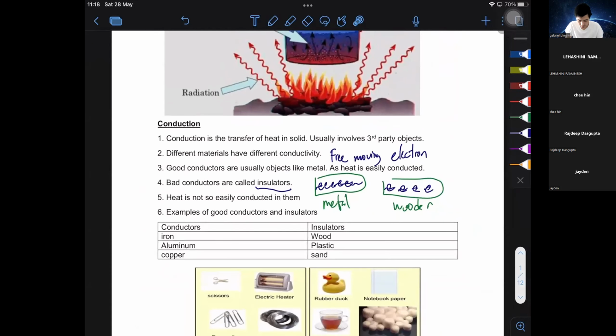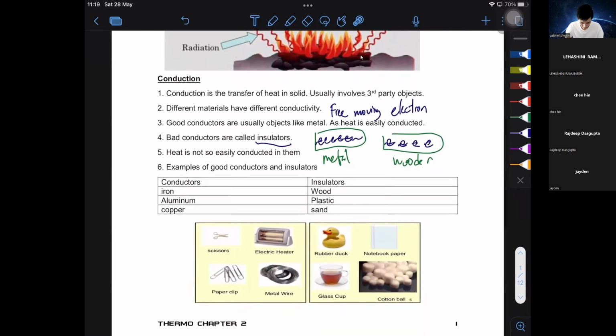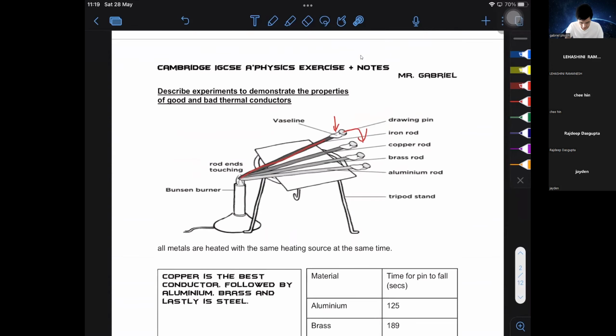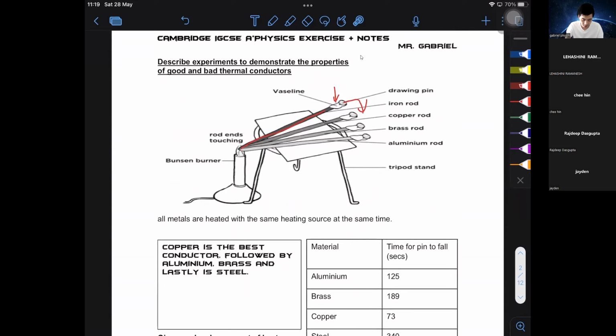Does anyone have any questions with regards to this part here before I move on? Good. And then moving on to this next page here, this is basically just a very simple experiment to test